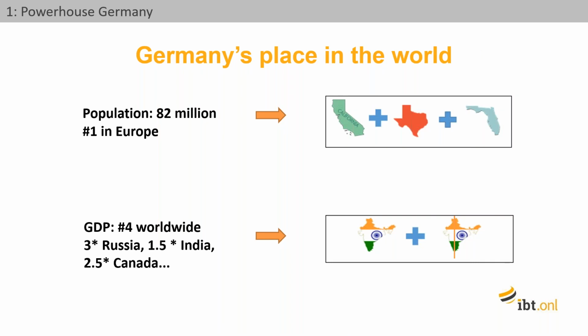Now, size matters for an exporter. You're going to be investing in markets. It's important to choose ones that actually deliver well. So size does matter, and Germany is large by any standard. It has Europe's largest population at 82 million people. That's equivalent to roughly a quarter of the size of the USA. Put it another way, it's equivalent to your 3 most populous states combined. So California plus Texas plus Florida combined equals Germany.